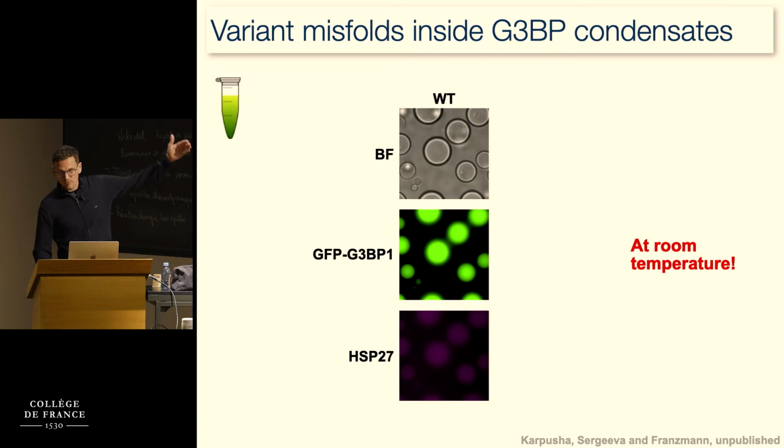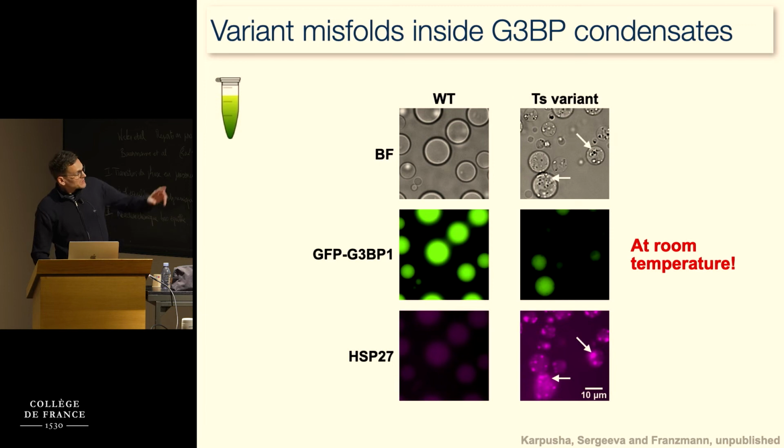And then, of course, we reconstituted our stress granules. We had RNA, we had G3BP around. We also had this UBC9 wild-type protein, and we even had the chaperone now in our mix, right? A very complex mixture. And you can see that the reconstituted granules, the condensates, look very liquid-like, very normal, okay? But now, importantly, in the presence of this variant, we saw these aggregates arising inside the condensates,